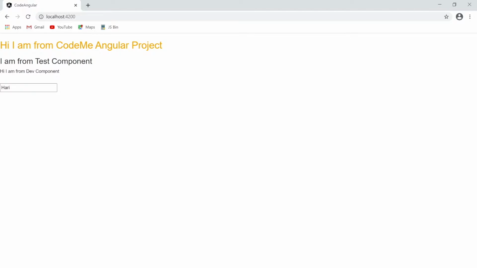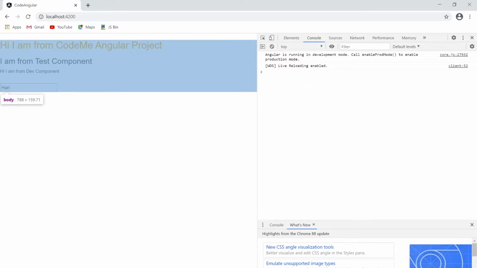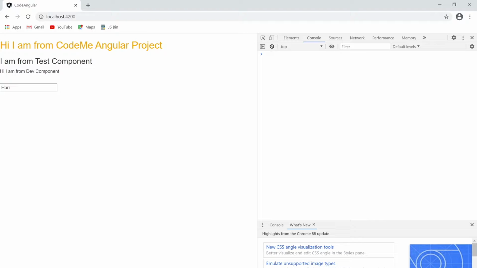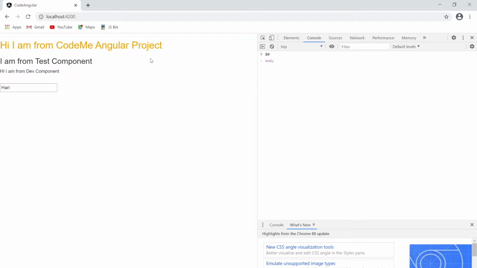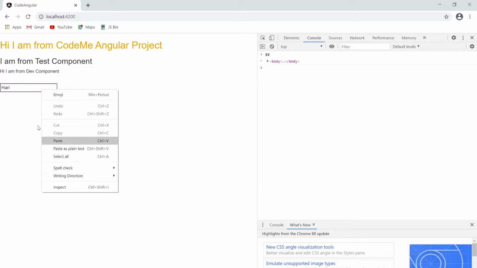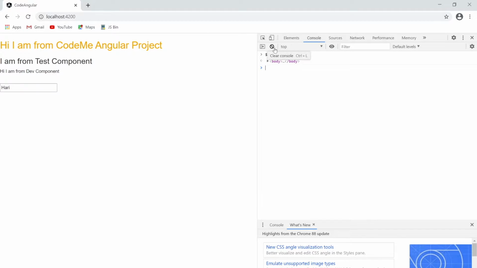As you can see, Hari will print here. Let me inspect, move to the console and clear it, and put $0. It indicates the body, but now we have to target that particular text box. So we click on inspect, go to the console, and again use $0, and now we are on the input.